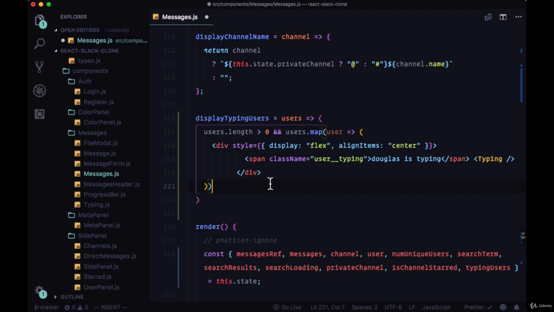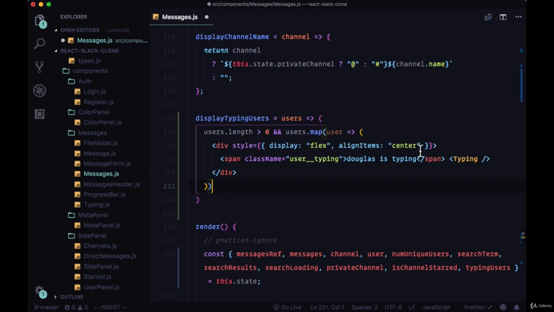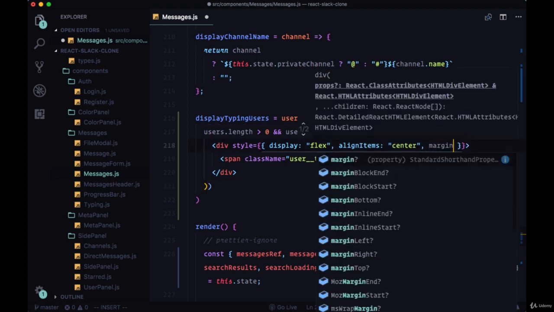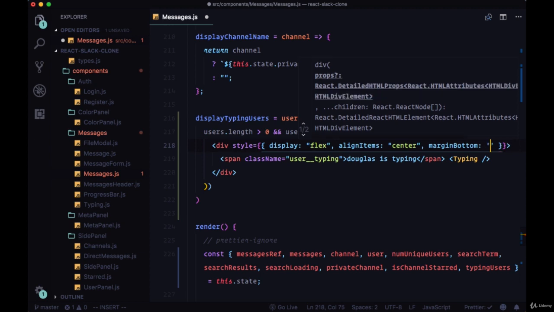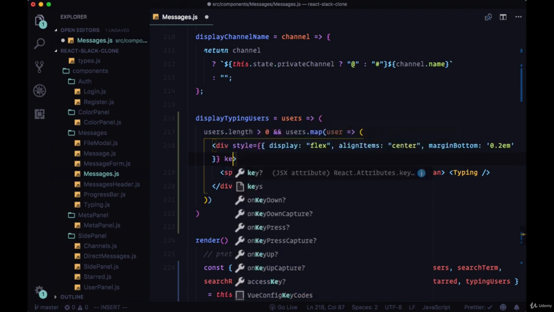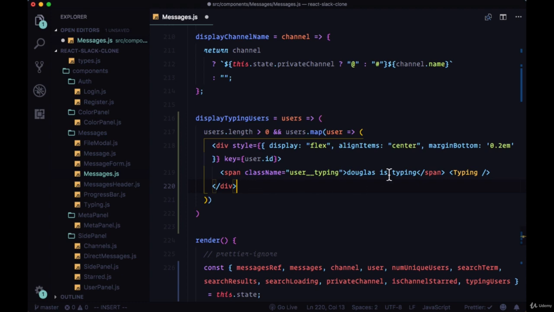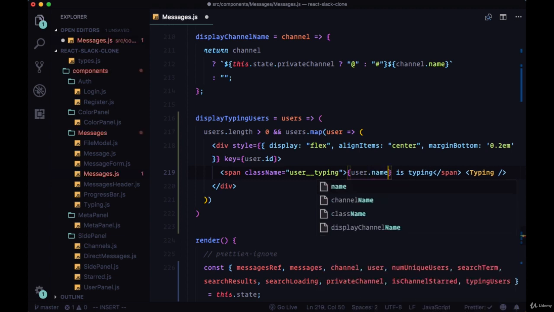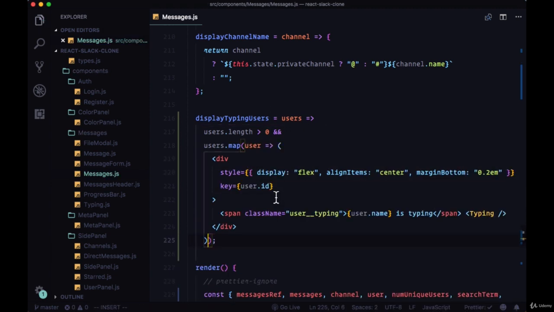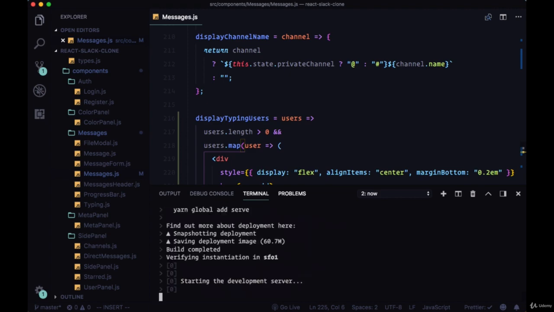If so, we'll map over it with the map method, and we'll paste in the markup that we copied, or we'll change, first of all, the style prop to include a margin bottom rule of 0.2 ems, and give it a key prop set to user.id. We'll replace the hard-coded username with user.name. We'll save our changes, and once again I'll deploy my app with the now CLI,